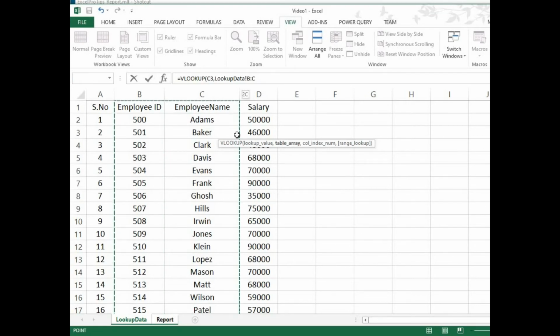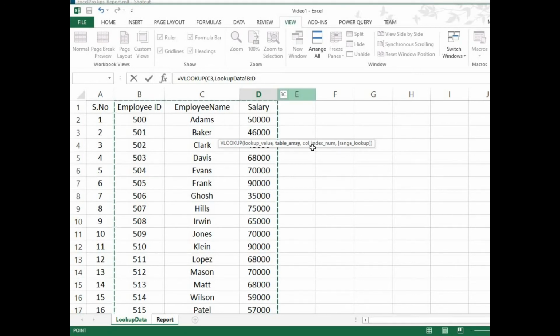So employee name, if we can see here, is the second column from this key ID. The key ID is 1, and the employee name is 2, which is present in the second column. Salary is in the third column.